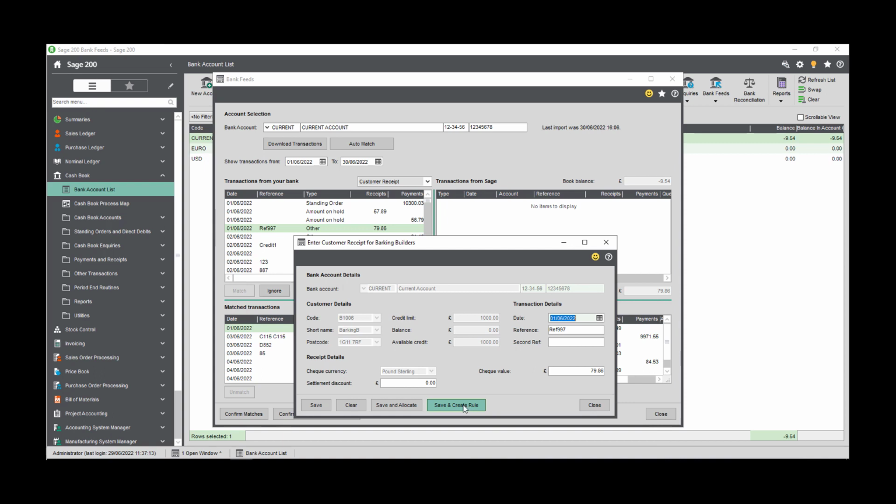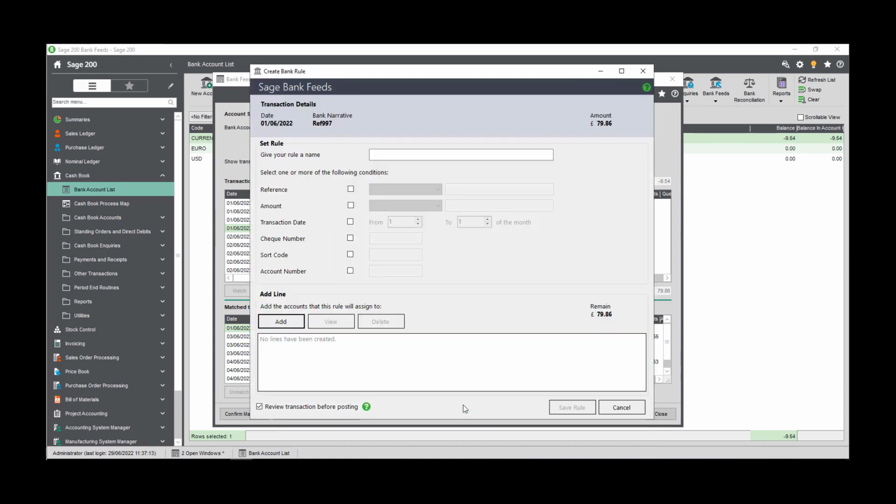If the new transaction amount matches the original bank transaction, then it will be added to your match transactions. As a side note, the Save and Create Rule button will not be live if you have not selected a bank transaction or have selected multiple bank transactions, if you have selected a supplier or customer account that uses a different currency to the bank account in question, or if your Sage 200 company uses a different base currency to